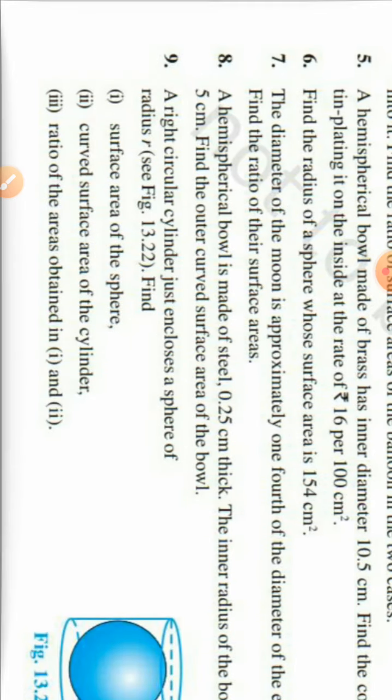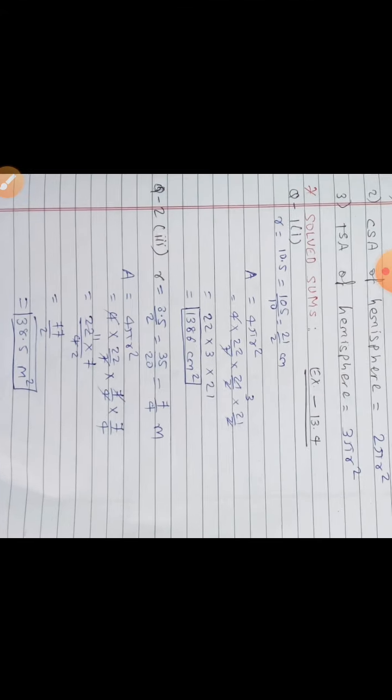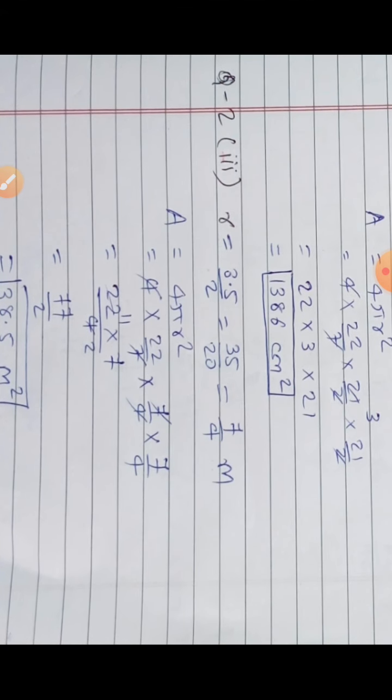First of all we have to find the radius from the diameter. So r equals 3.5 by 2. Don't do actual division, just remove the point. So 35 divided by 20, it becomes 5 sevens and 5 fours are 20, so 7 by 4 meter. Now that measurement is given in meter.